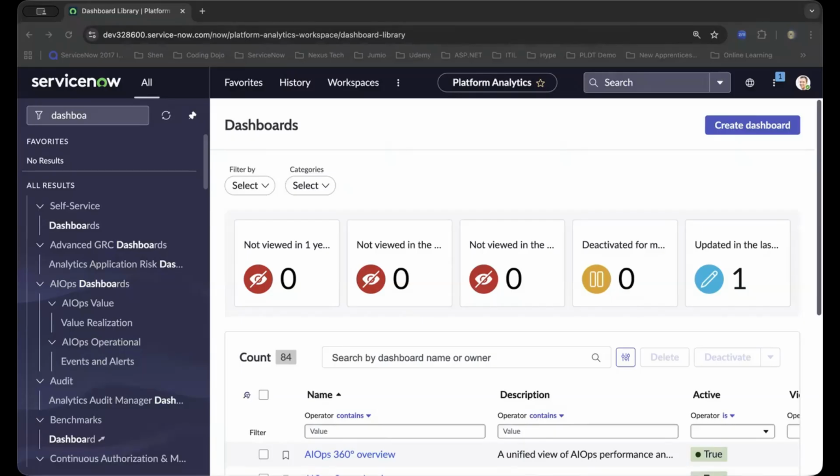Hi, this is Bill. In this video, I will show you how to add interactive filters in ServiceNow App Dashboard. By the end of this video, you will understand how interactive filters work inside the ServiceNow App Dashboard, why they behave the way they do, and how to design filters that scale across multiple reports without breaking performance or